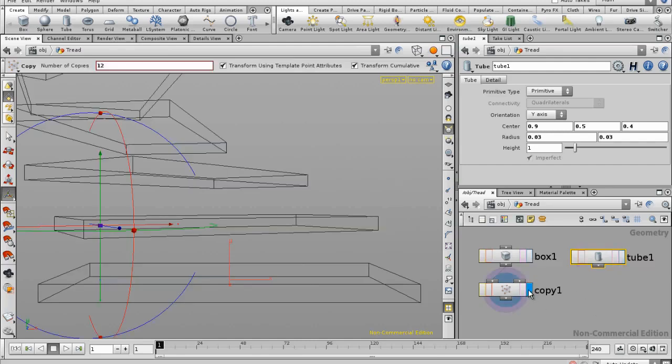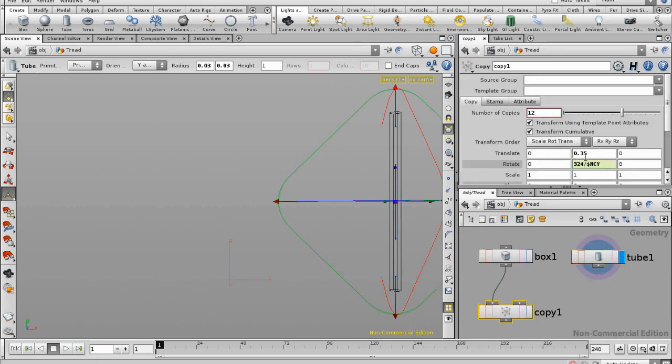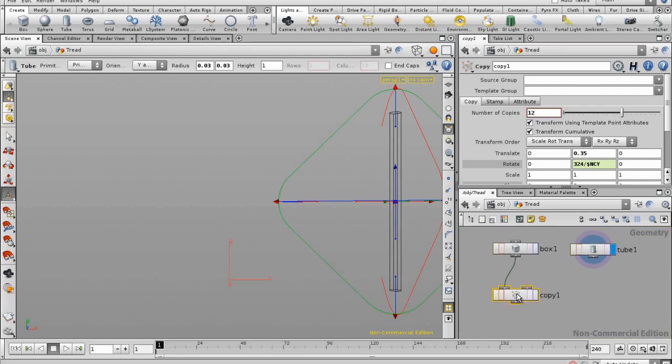Now again, if I turn on the copy SOP, I'm not going to be able to see the tube, and if I turn on the tube SOP, I'm not going to be able to see the copies. Now the copy parameters, where we set up the number of copies to be linked to the rotate value, we set up the translate values, etc. That copy SOP is going to work very well for the balusters as well. And you might think that what you do is you just pipe the tube SOP into the second input of the copy